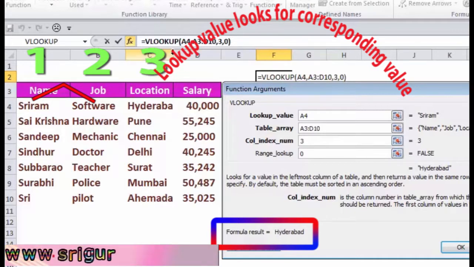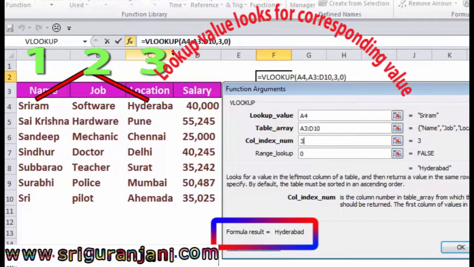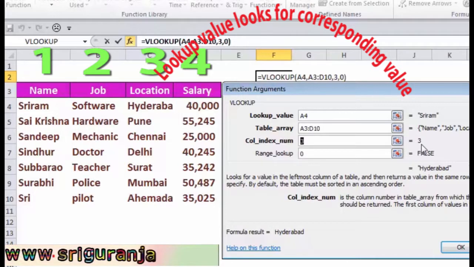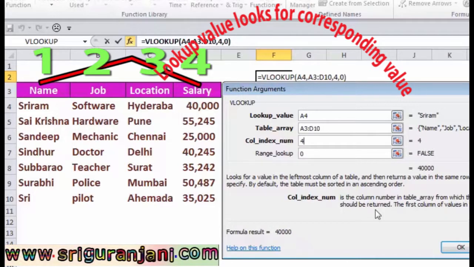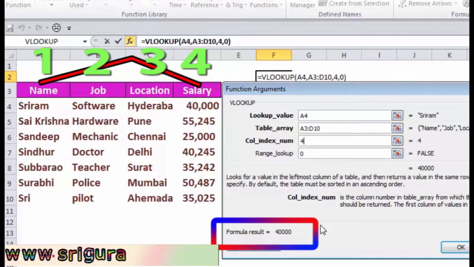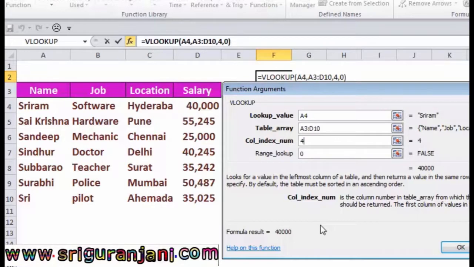Now we can observe I am changing the column index number to 3. The result has changed to Hyderabad. Now I am changing the column index number to 4. We can find the result also changed to 40,000. So based on this column index number, the result also changes.